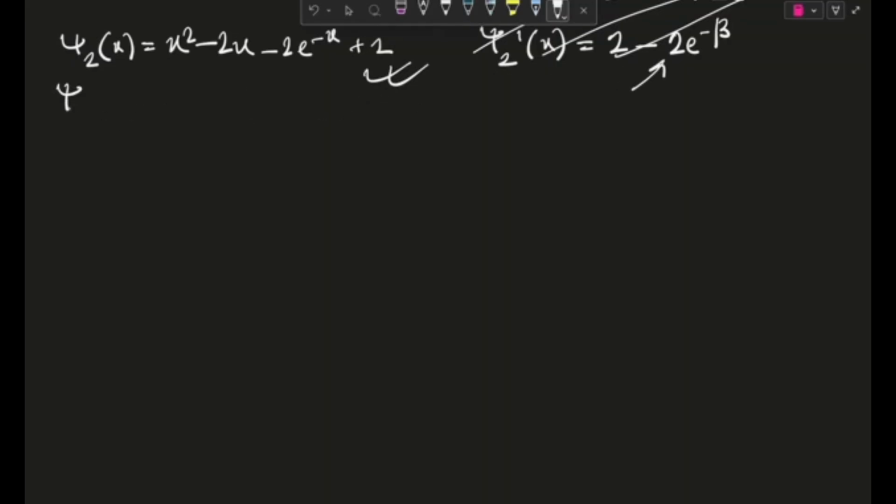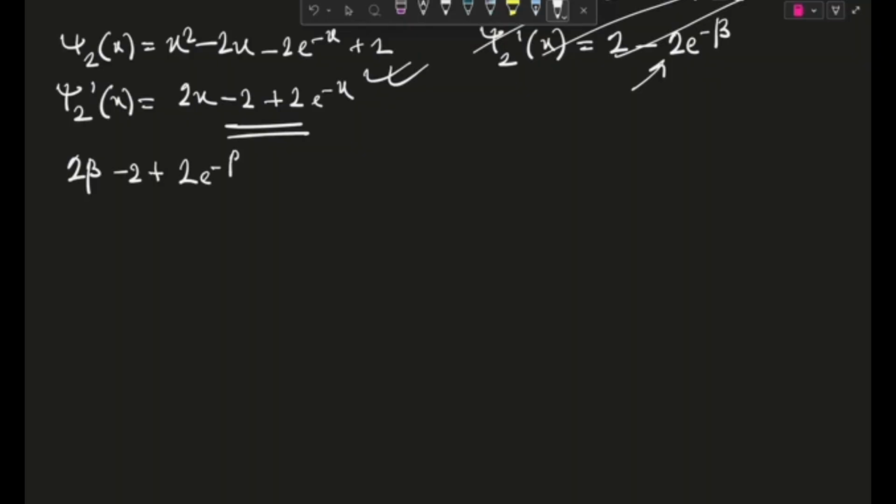So now we can differentiate this xi2 dash x. This thing is your 2x minus 2 plus 2 e power minus x. This is your xi2 dash x. And now we can find out xi2 dash beta just by putting beta in this equation. So I will directly write out the statement for LMVT we wrote on the last page, which is your 2 beta minus 2 plus 2 e power minus beta. This comes out to be equal to xi2 of x